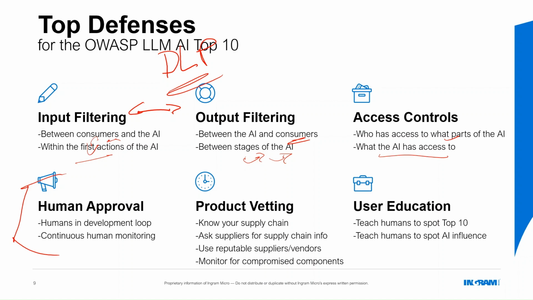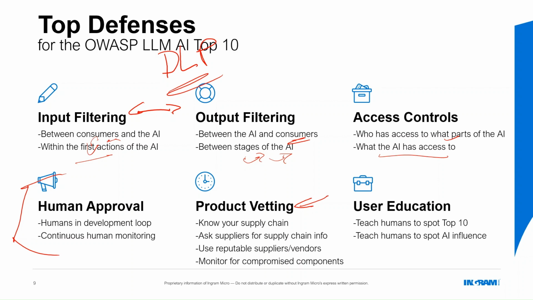This one right here, product vetting. Product vetting, I think, is something people underestimate. Since AI technology is moving so fast, this is a legitimate case where you might get some open source stuff off GitHub that you saw an article about on Reddit or something like that, and say, man, it's a great new feature. We've got to put this into our model. And that's great for advancement. Unfortunately, it's a great way to introduce vulnerabilities too, because you don't know if someone's compromised that code or copied it from somewhere else and put it out with their own tweaks to make it act in an adversarial way towards your environment.